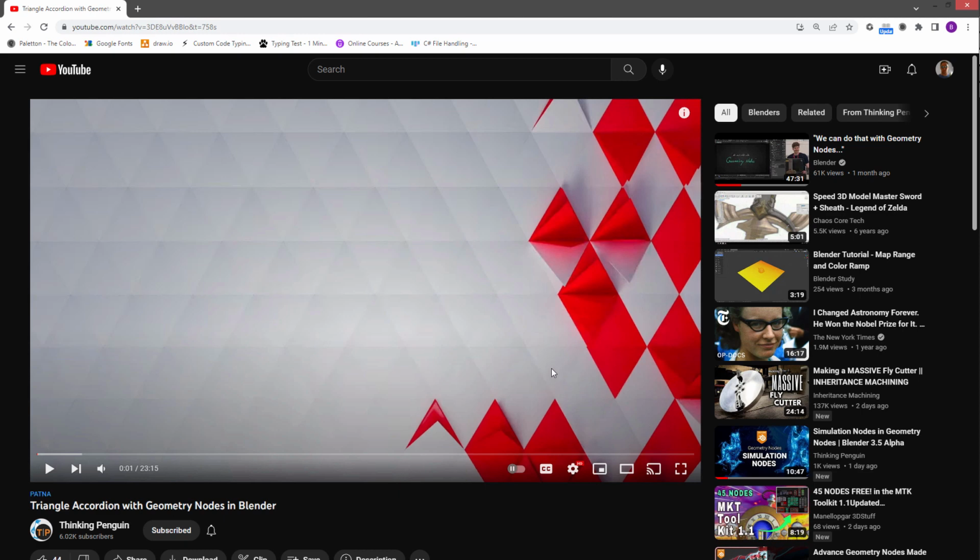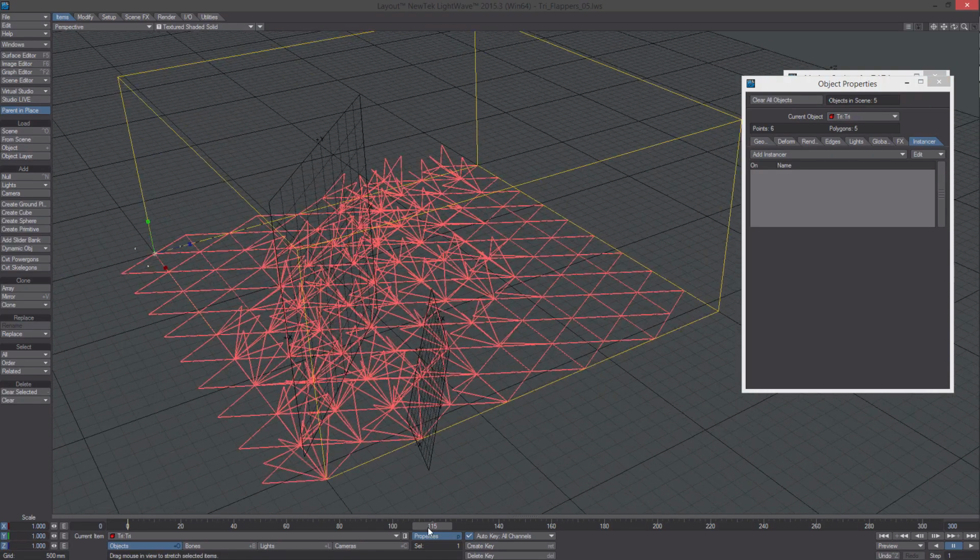And he did this tutorial the other day, and I thought it was a pretty cool effect. And I had mentioned that I may try and do it in Lightwave, but I was going to try and do it a little bit differently. And he said he'd be interested to see how it was done in Lightwave, so I figured I would do it. So here's what we got here,